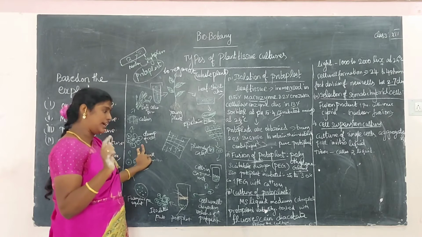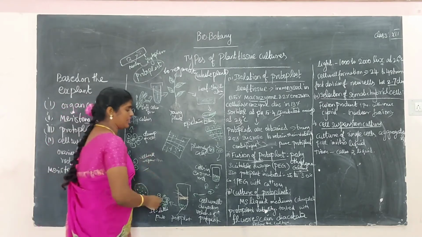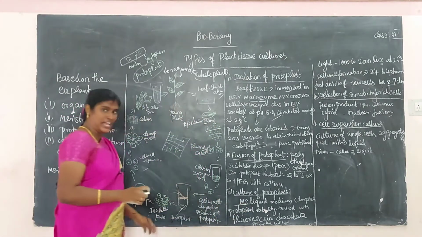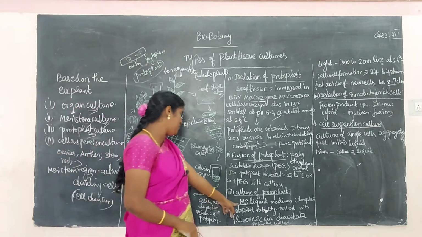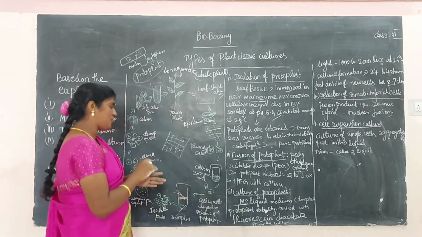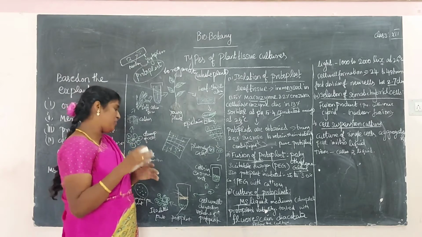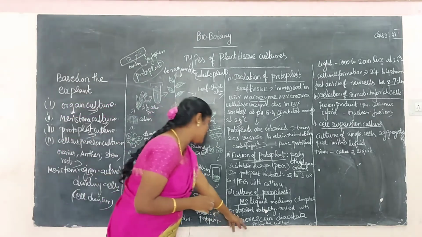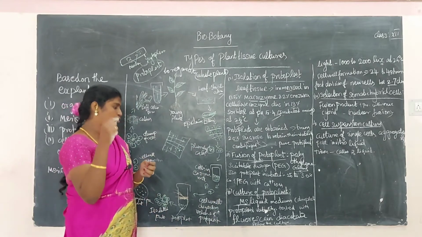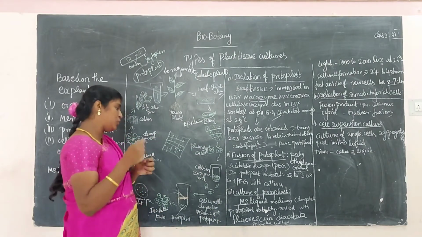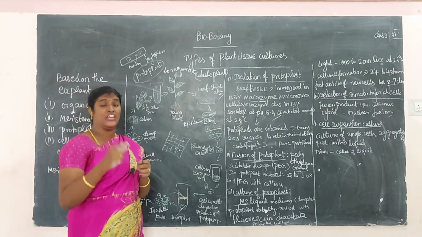Okay, so the scientist name Murashige and Skoog, so it is called MS liquid medium. Already I said in previous classes, the MS liquid medium is used for the culture of protoplasts. Before the culture you have to add some fluorescein diacetate. Fluorescein diacetate is mainly used for the viability test.